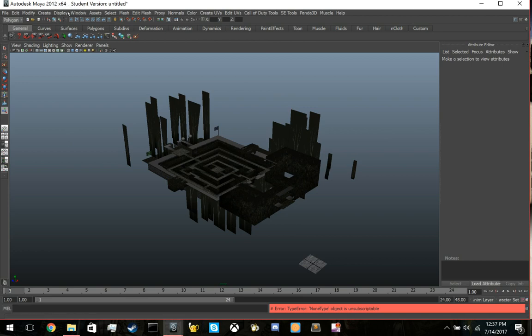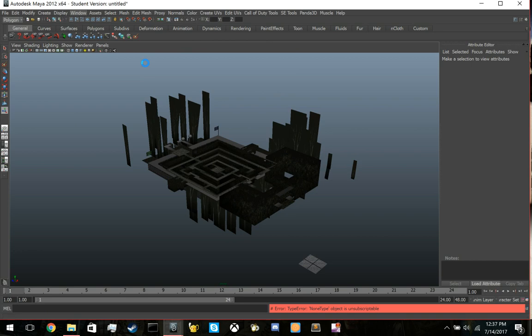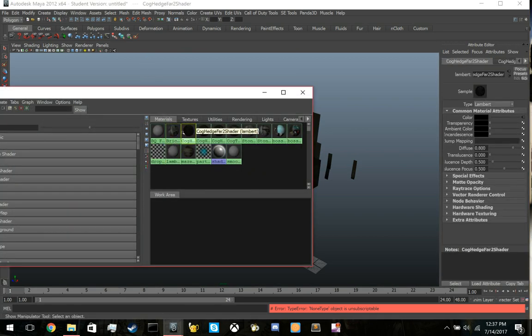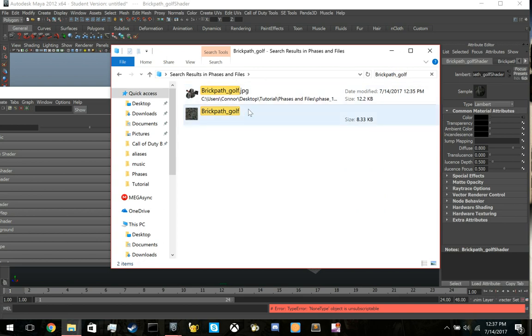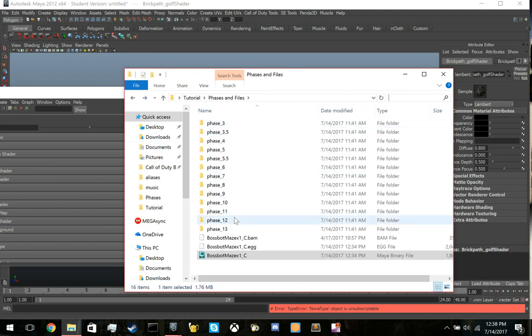So the next step here is to go to the Hypershade again. I closed it. You're going to click on every single texture one by one, and when you click on it, you're going to see the name of the texture right here. So you're going to copy the name, except for the word shader, because that's not part of the file name. You're going to search for the file, and you're going to paste it in another folder or somewhere where you can easily find it. Now, some textures have